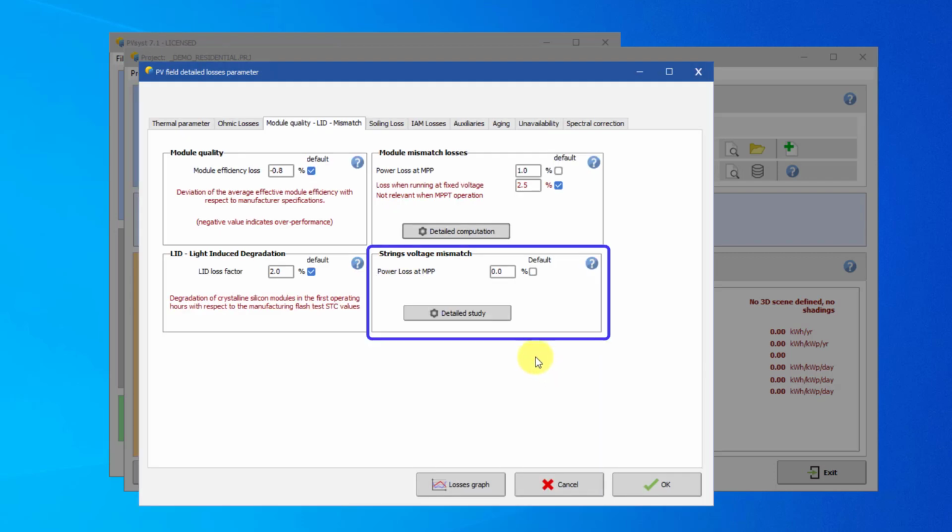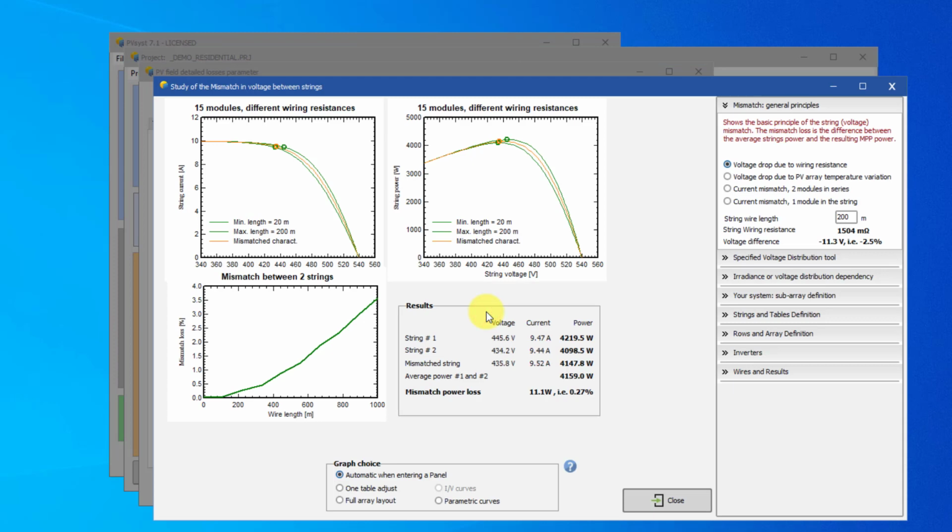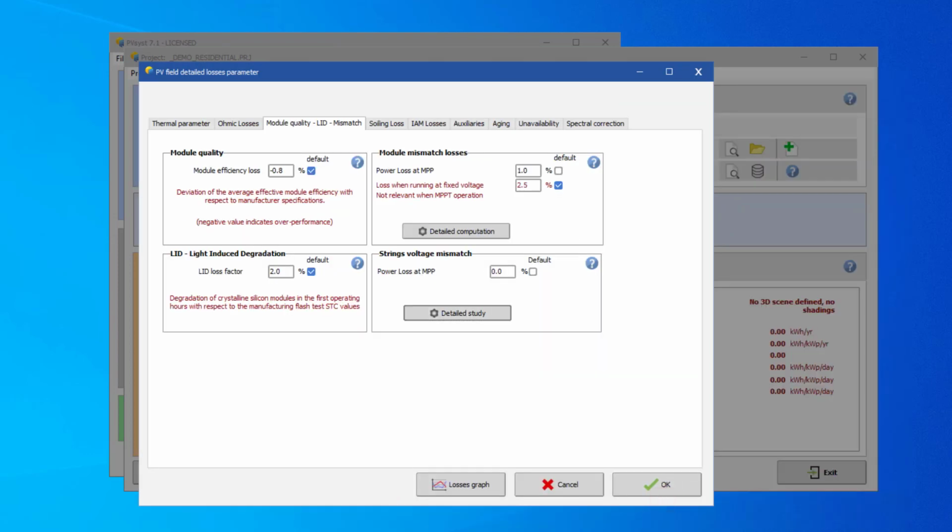The tool Strings Voltage Mismatch provides a pedagogical description of the principles of different mismatch modes. This shows namely that the current mismatch within a string is important because the current in the whole string is governed by the current in the weakest module in that string. The voltage mismatch between strings, on the other hand, has a much smaller impact on the system performance.